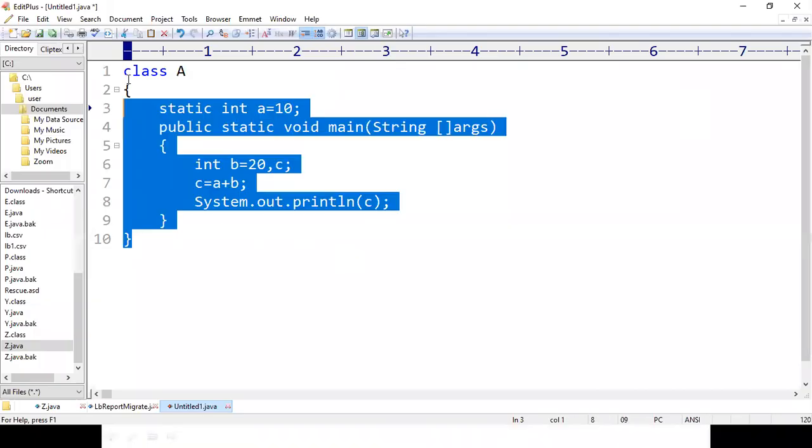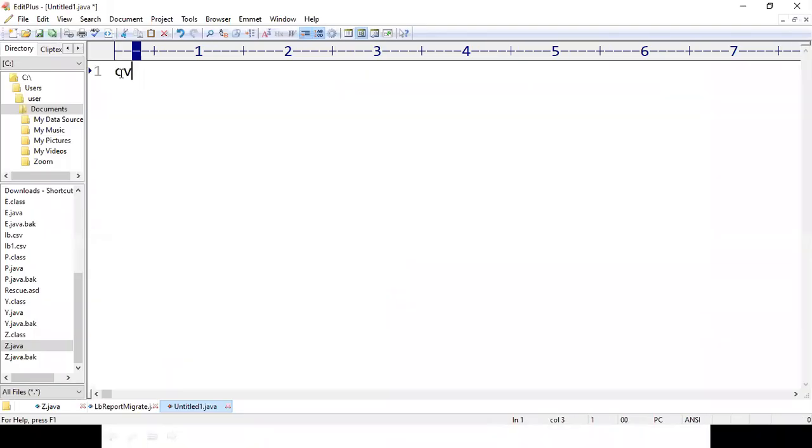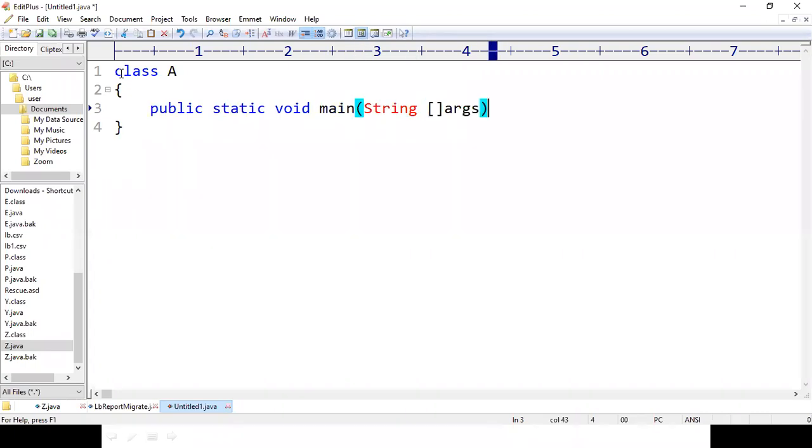See here, let us declare a class A, and inside this class I want to define a main method in Java: public static void main(String args).